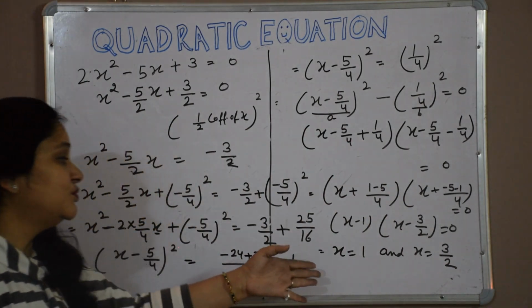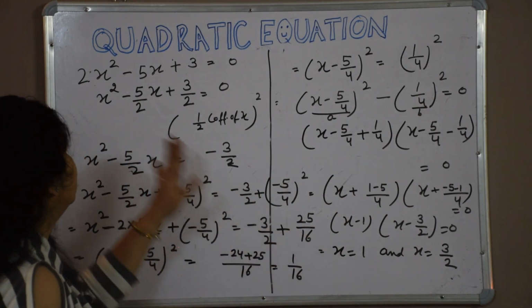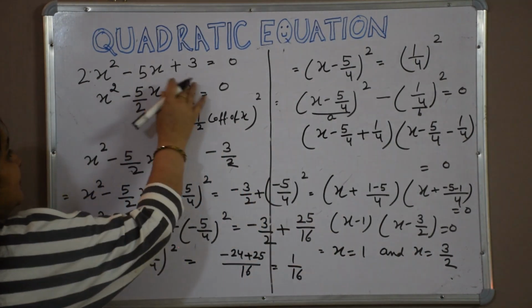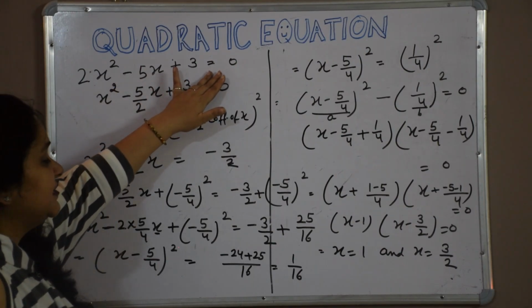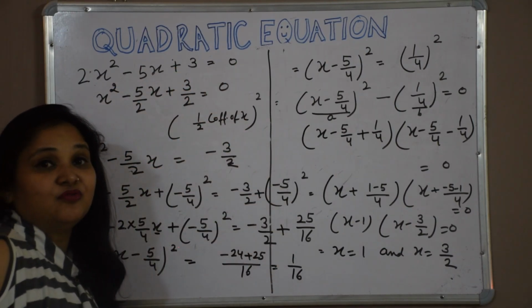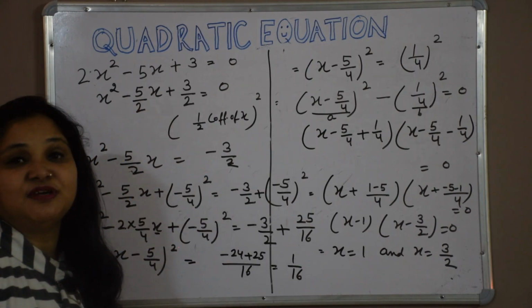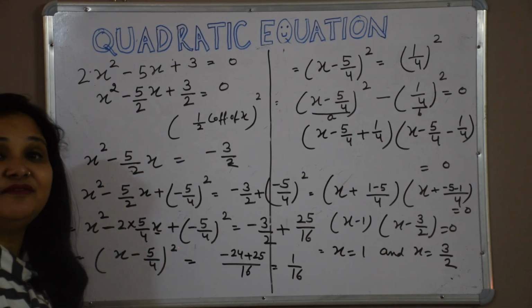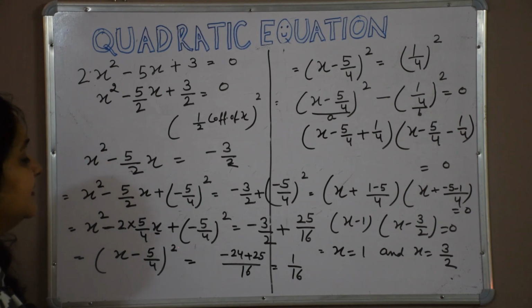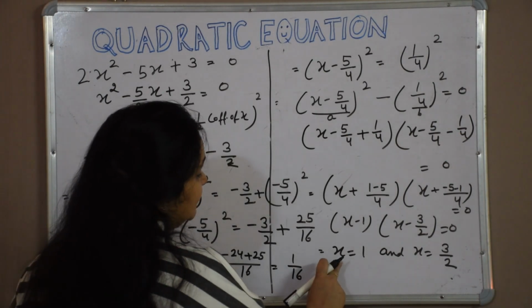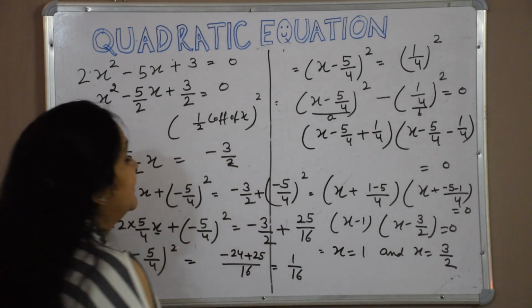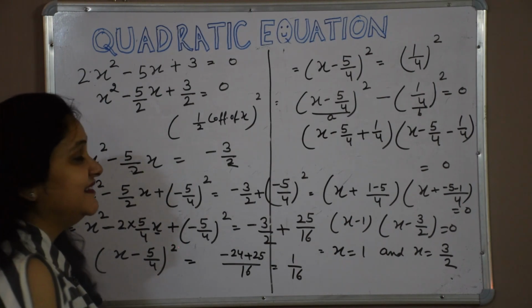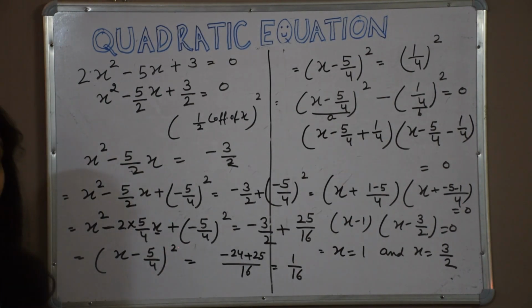So we got the two roots of x, two values of x which satisfy the given equation. Whenever we apply these two values in the given equation, we will get the equation equal to 0. Whatever number makes the value of the given equation equal to 0 is called the root of the equation. Solving the given equation means we have to find the roots, and those are x is equal to 1 and x is equal to 3 by 2, and you can verify also by putting these roots in the given equation. And this method is called the method of completing the squares.